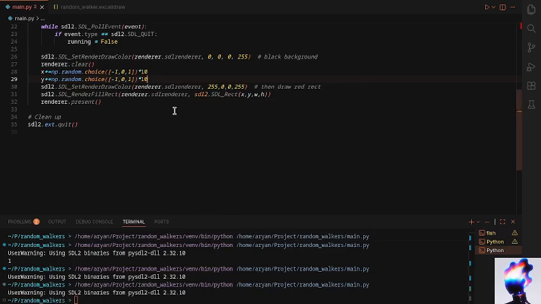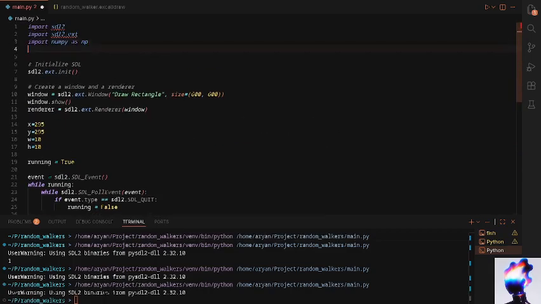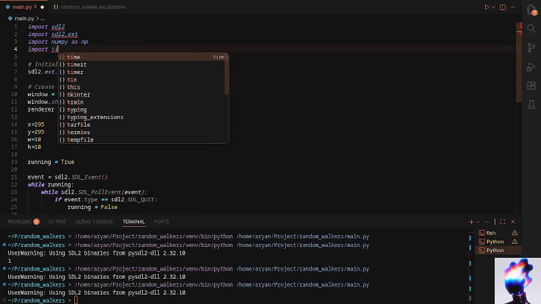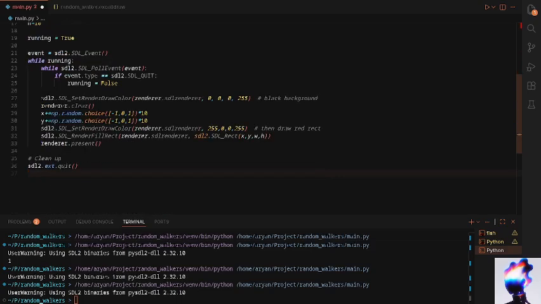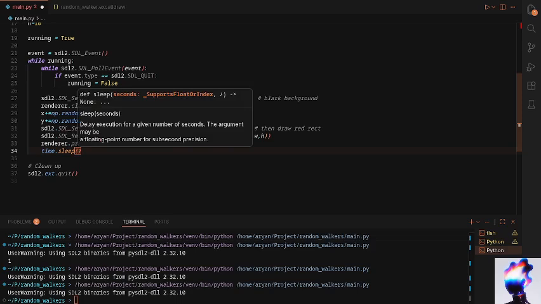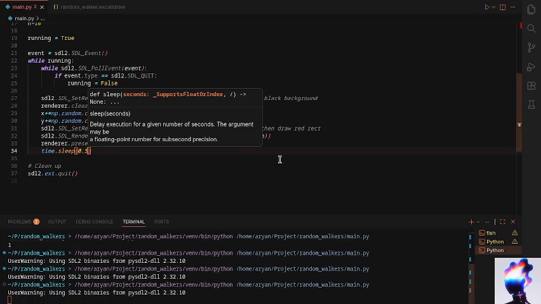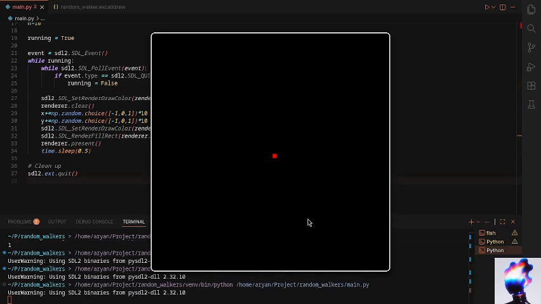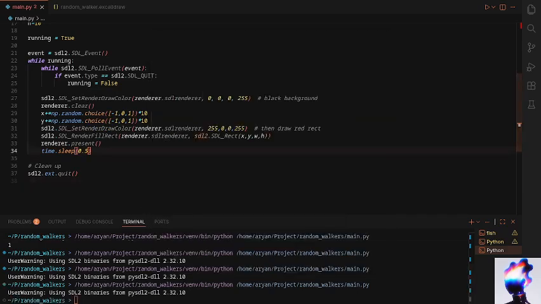So if you want to make it very slow, the easiest thing will be just importing time, and then adding time dot delay, that is not there, then sleep by 0.5. 0.5 is too slow. 0.2, it should be now easy to see but not too fast. Yeah,